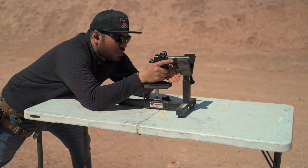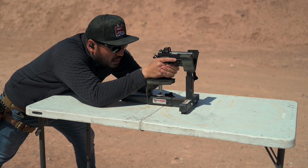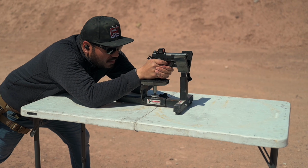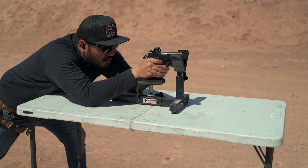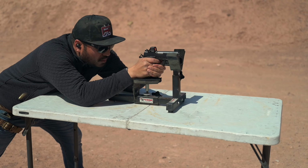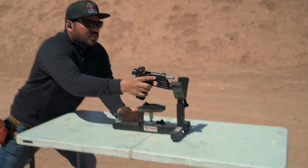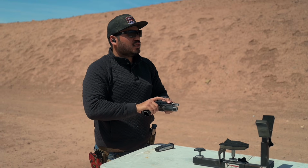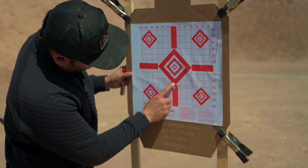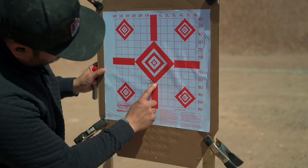All right, we're gonna shoot like a 5-round group here with this Holosun SCS Carry and see where the optic is zeroed at. 7 rounds. We'll go down and take a look. Solid group, 10 yards out. Got all 7 rounds around here, so it needs to probably come over a little bit right,